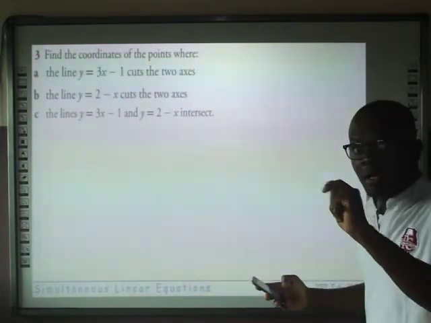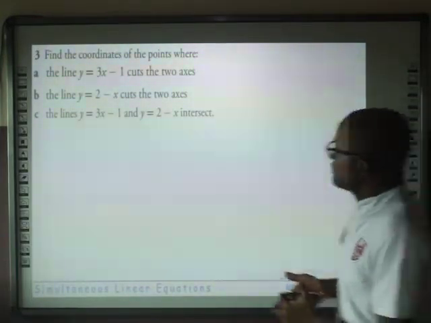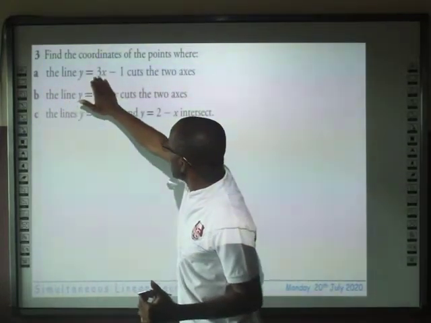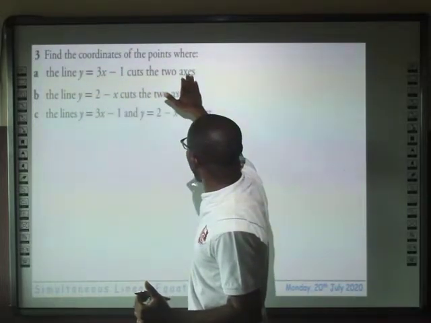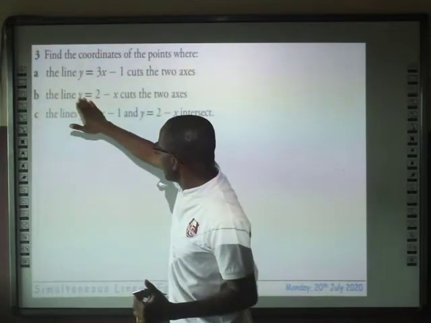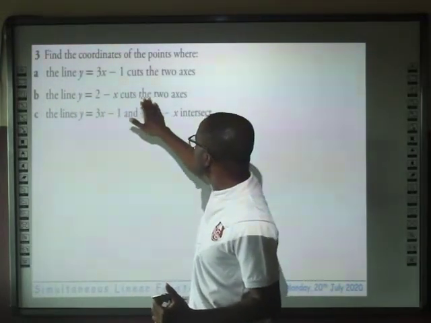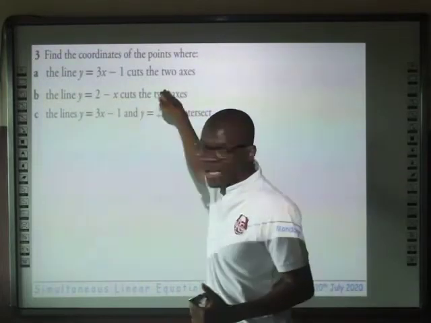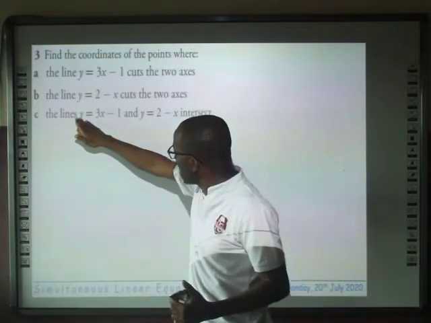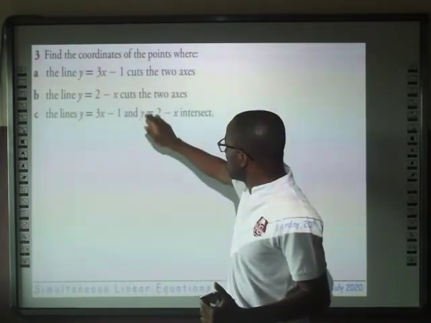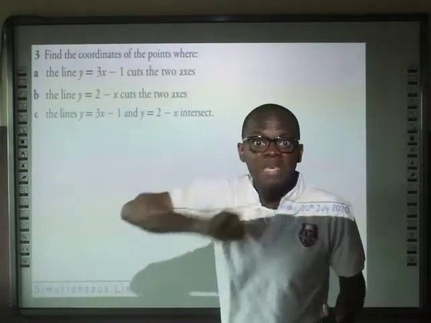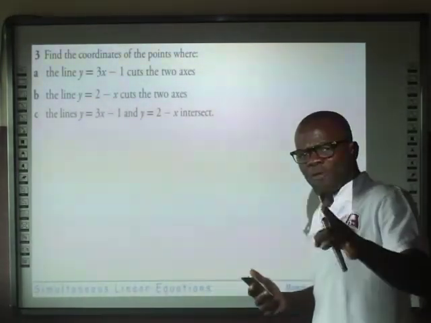Still on the table of values, remember, you have to find the coordinates of the points where A, the line y is equal to 3x minus 1 cuts the 2 axes, that is the x-axis and the y-axis, and then B, where the line y is equal to 2 minus x cuts the 2 axes, and then finally for C, where the lines y is equal to 3x minus 1 and y is equal to 2 minus x intersect, that is where the 2 lines meet, which therefore takes us to